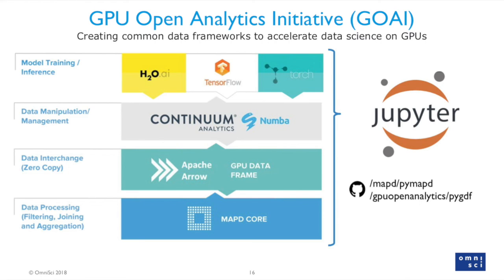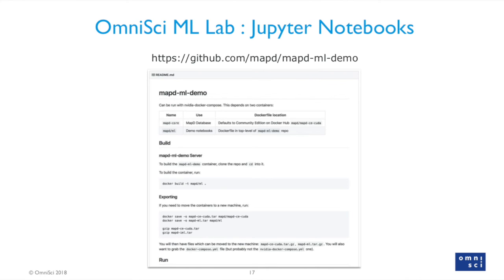They're calling it cuDF. It used to be called GDF, GPU data frame. So this way it is not kind of bouncing back and forth between CPU and GPU. You can have data sitting on OmniSci going into PyMapD into a GPU data frame, and then pass it on to H2O or XGBoost. You'll find examples